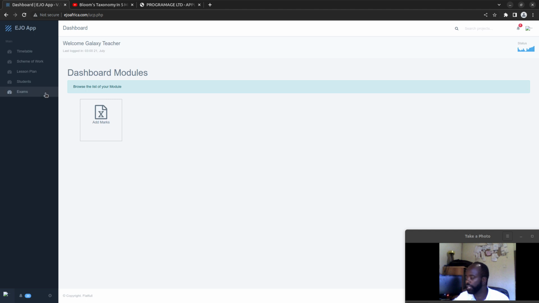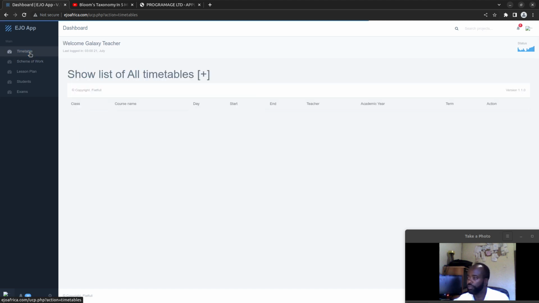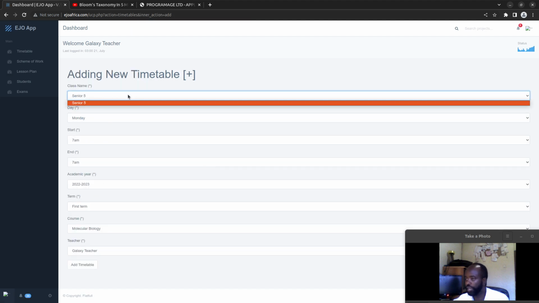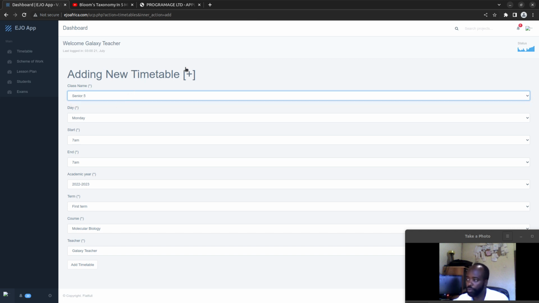Okay, now I'm logged in as a teacher, and as you can see, a teacher has different modules from the Director of Studies, and for him or her there is a timetable module which can help them create their schedule from when to when they're gonna be teaching certain classes. But before we get into this,